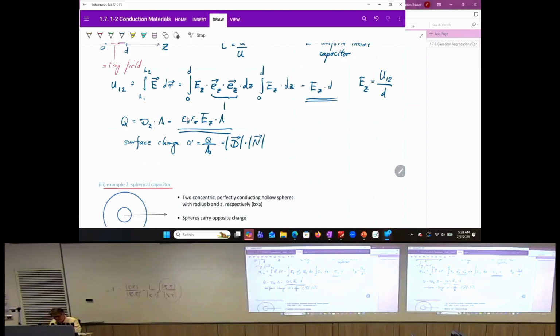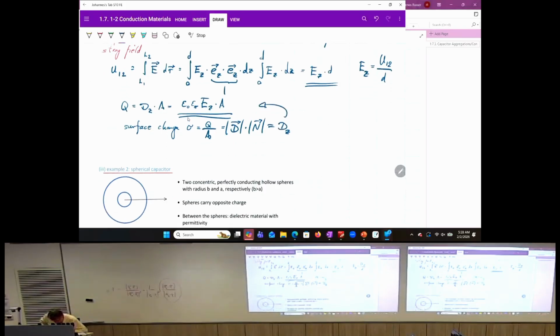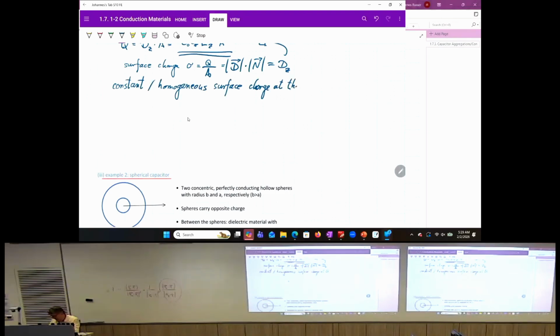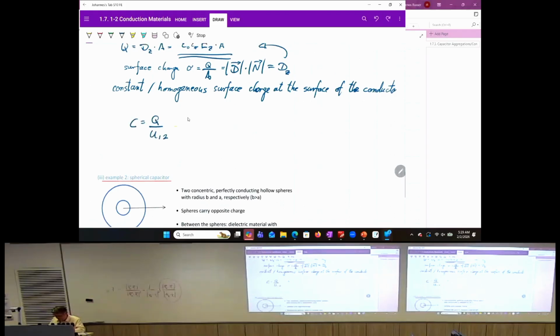the normal vector on the parallel plates. So this enters basically in here. This is why the dz becomes just a scalar quantity. So we have the advantage that we have a constant and also homogeneous surface charge on the surface of the conductor. So the capacitance is Q over the voltage, and we saw the Q is